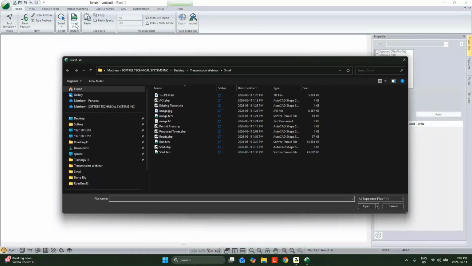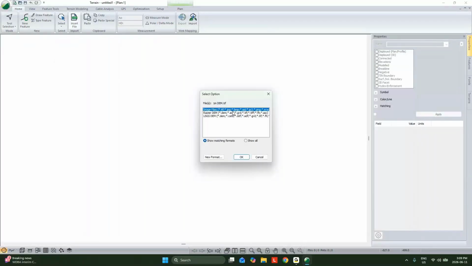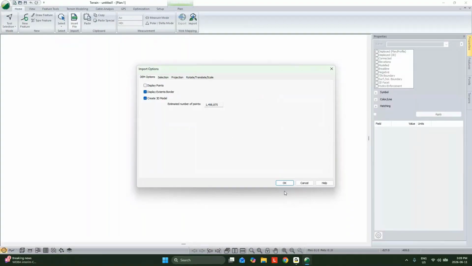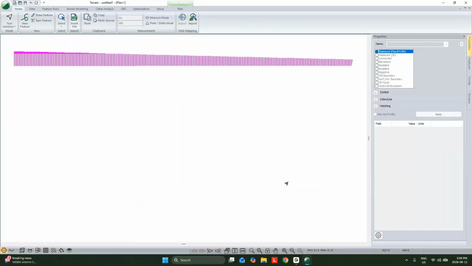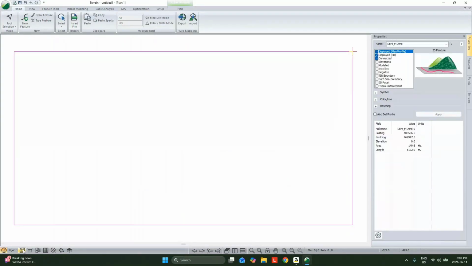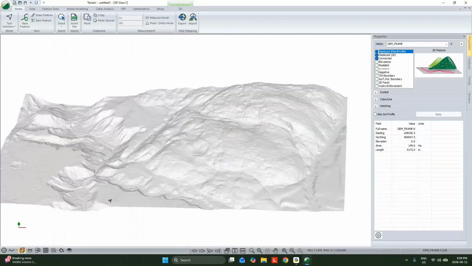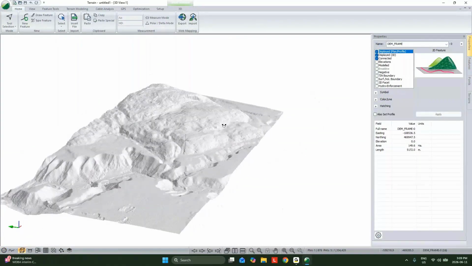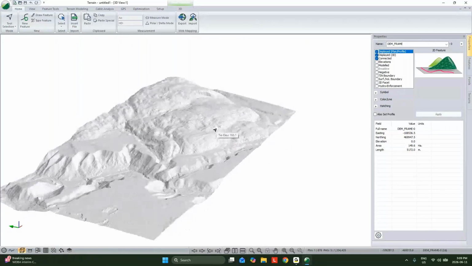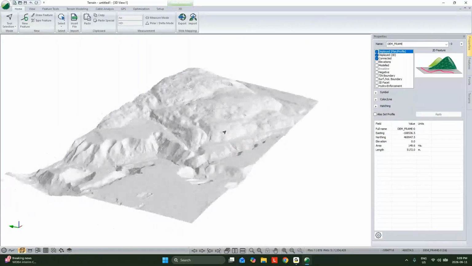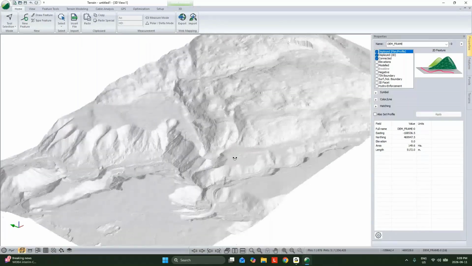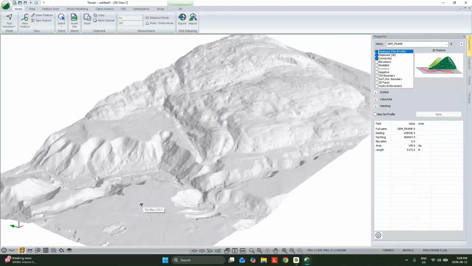And we're going to bring in our topo data first. So I'm going to bring in this DEM. And we can see our surface, so kind of setting the stage a bit for what we're dealing with today. Now this particular project, we'll just look at a small portion of a particular project, at least to start. So this particular project, we are dealing with transmission lines, and we have some proposed